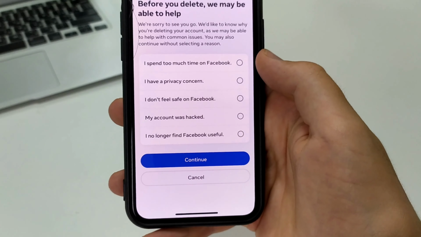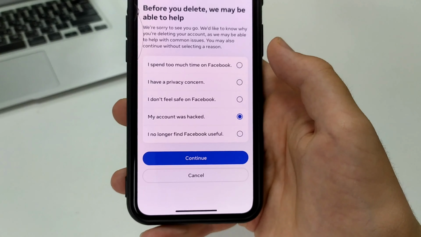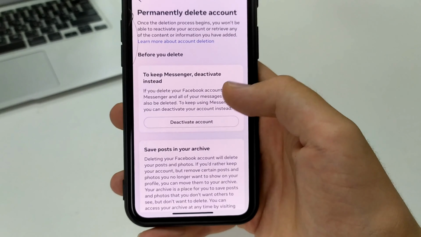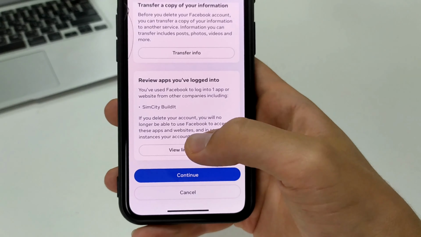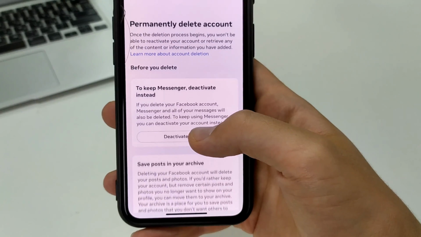Select Page. Continue. For what reason do we want to delete our account? We can choose any reason. Press Continue. Further here, we confirm Continue or Deactivation, but we scroll down and find the Delete tab. And after that, we found the Delete tab.